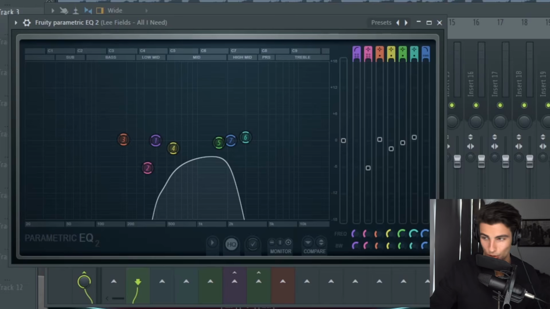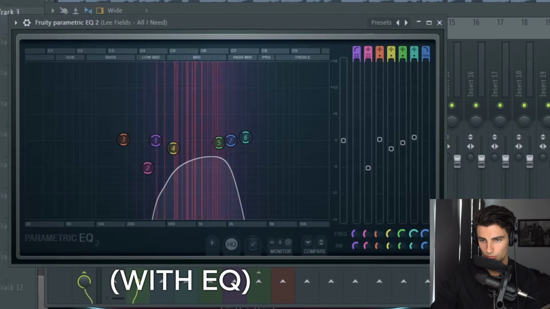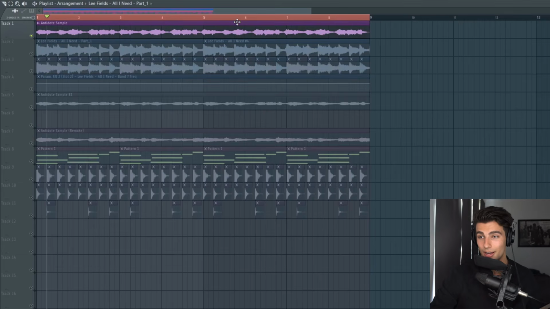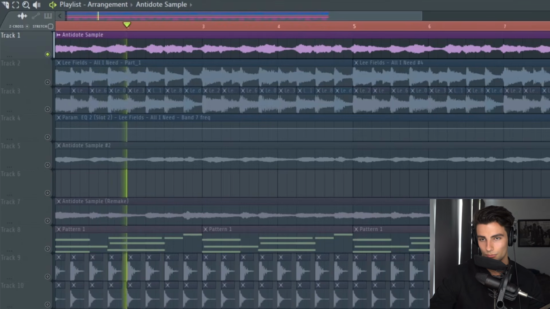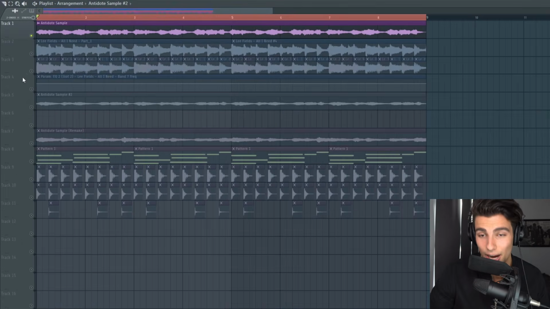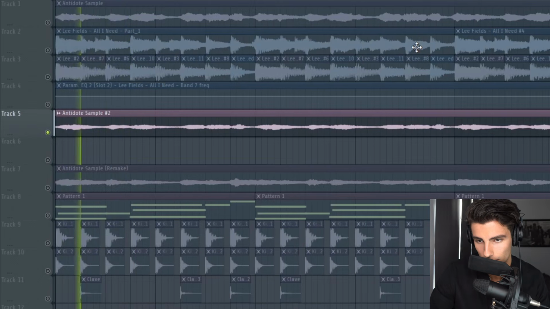It's Parametric EQ2. After you do that, just export the playlist and bring it back in and take it down by 16 semitones. In the actual song, after about 4 bars, it will go up 1 octave, so we're just taking it down by 4 semitones.